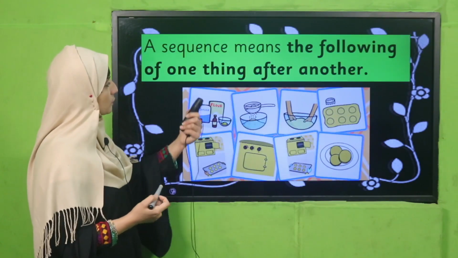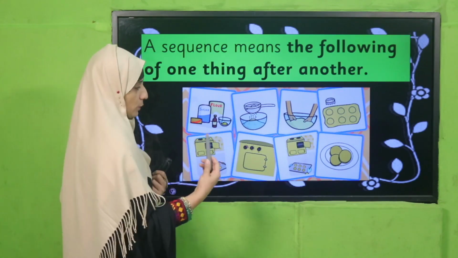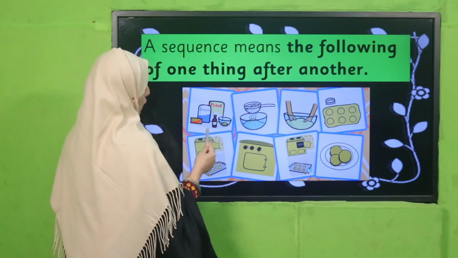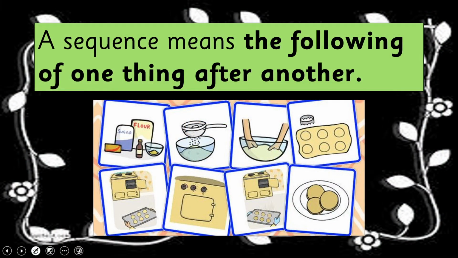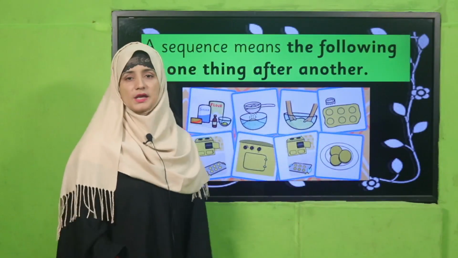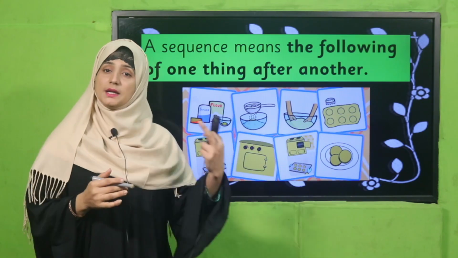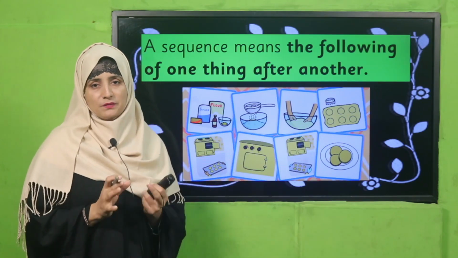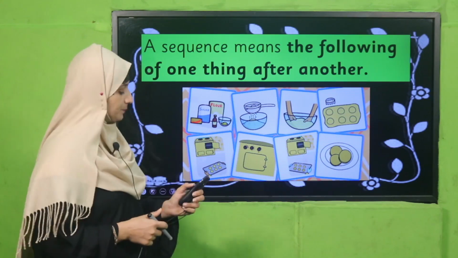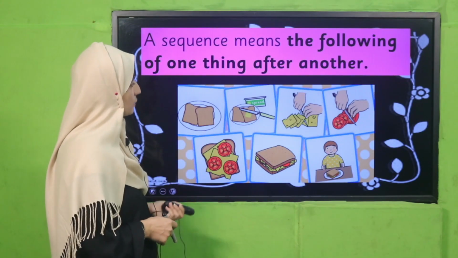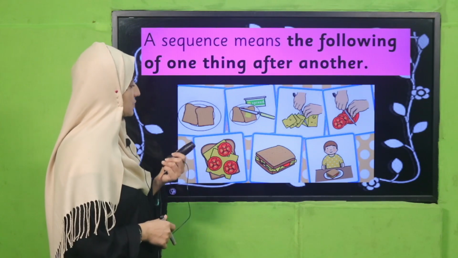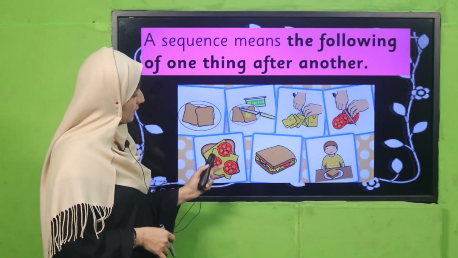Here also there is a sequence, meaning the same things are there. And when you are going to bake cakes, you take flour, and then we set it, and then we knead it. See there, we have prepared it, we have kept it in the oven, started it, and we took it out. Now the cakes are ready. So these are the steps. When we are following steps in a sequence, then definitely we will get everything properly. Okay, here is another, same like that. You can see, my dear students, different steps are there to make a burger.